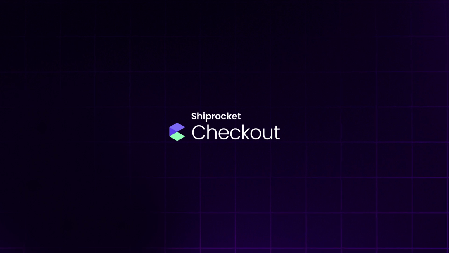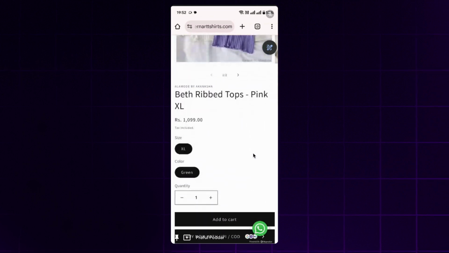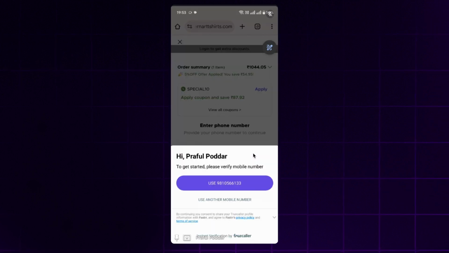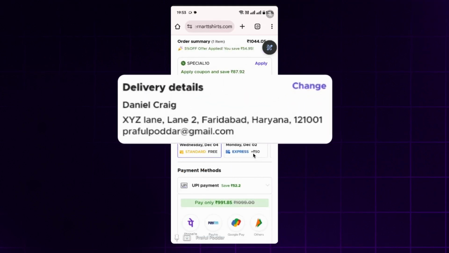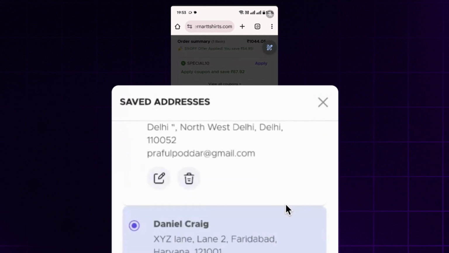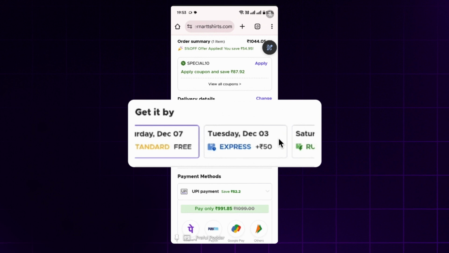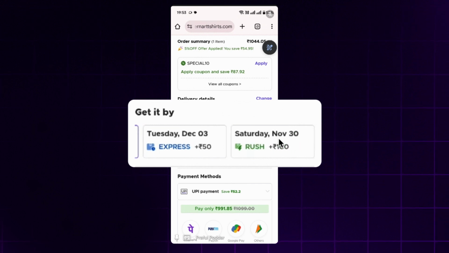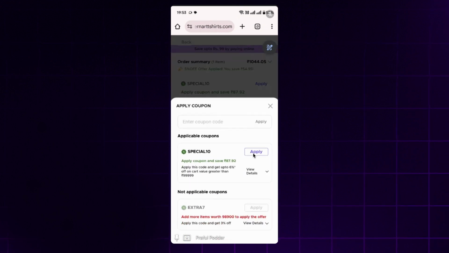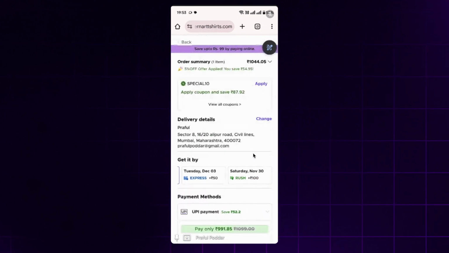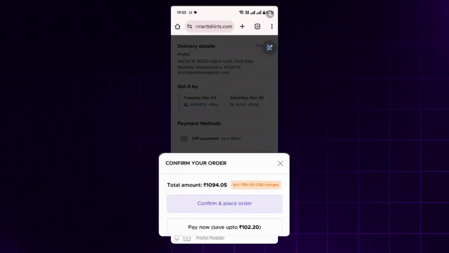As you can see here, I'm on a test website. When I get into the products page here, the ShipRocket checkout experience takes over the buy now experience immediately. On logging in, there are multiple things which are pre-filled for the buyer, starting with addresses that can be easily chosen from a predefined list, delivery options, time band options, multiple discounting mediums that the sellers can configure using a robust engine at the backend, as well as a UPI-first native payment experience. For now, let's place a cash-on-delivery order.